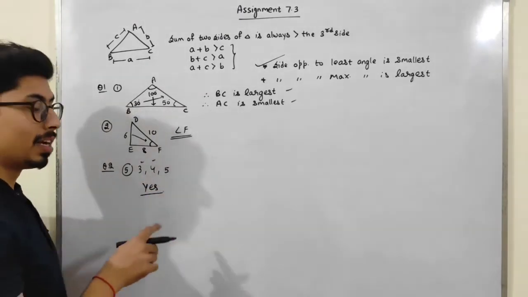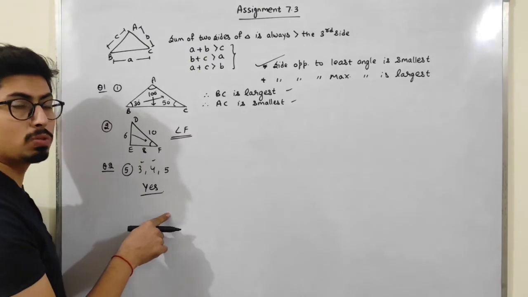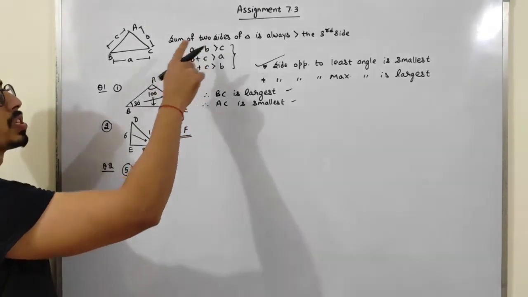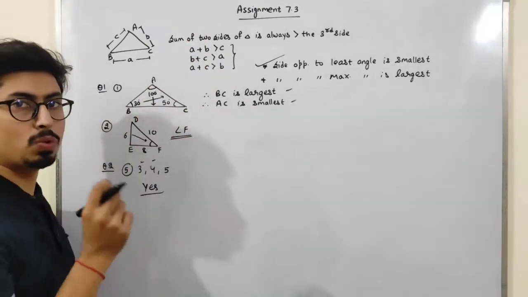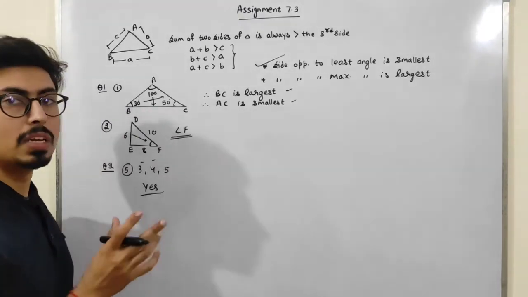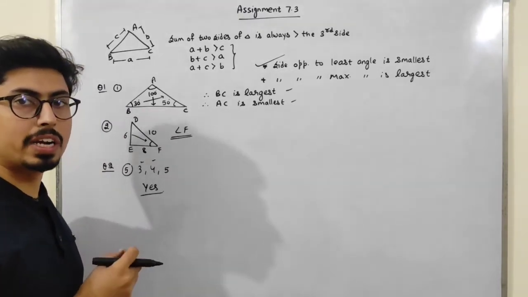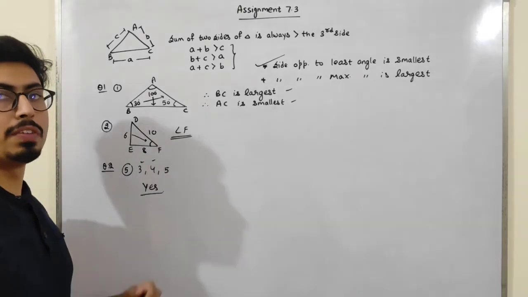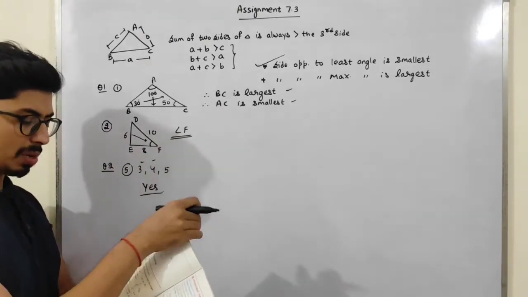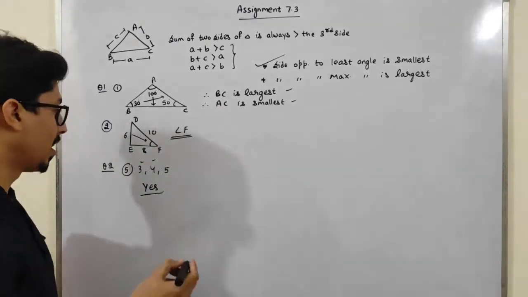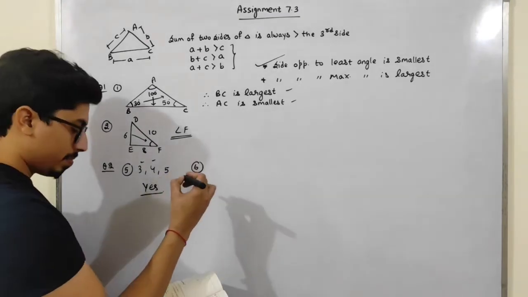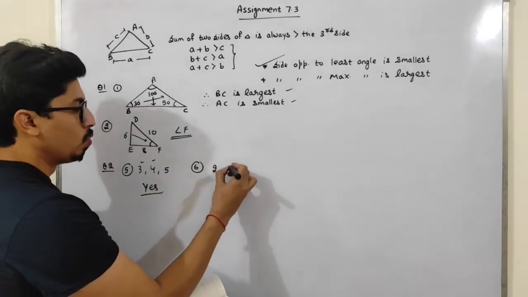And what reason will you give, students? You will give the reason that the sum of two sides of a triangle is greater than the third side, therefore it will form a triangle. Okay. Similarly, students, you can take any other triangle, like if I take the sixth part, so 2, 5 and